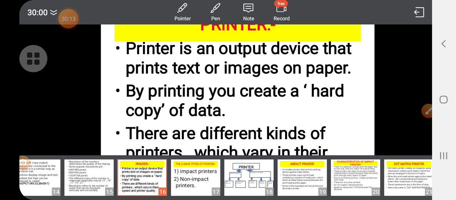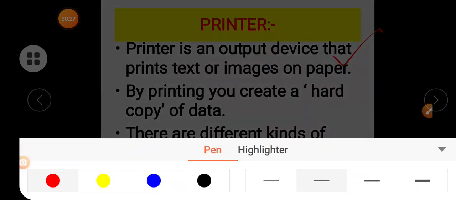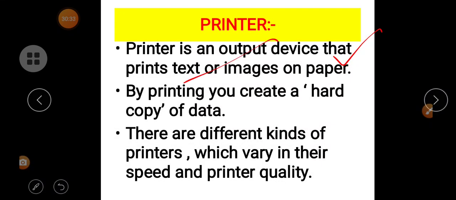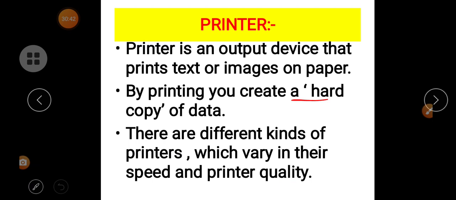See, what is a printer? A printer is an output device that prints text and images on hard copy, on the paper, so that the user can touch and feel it.